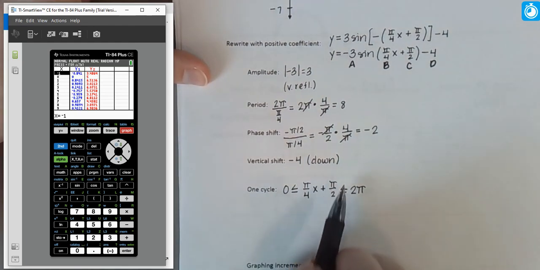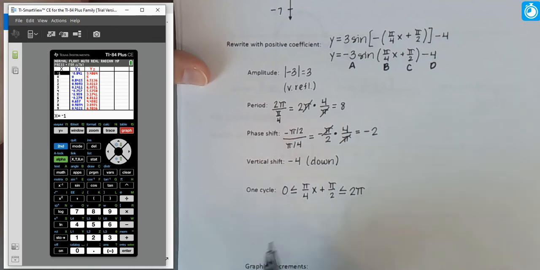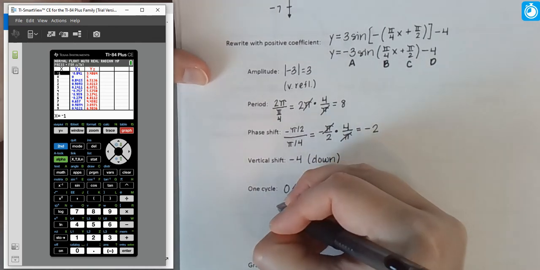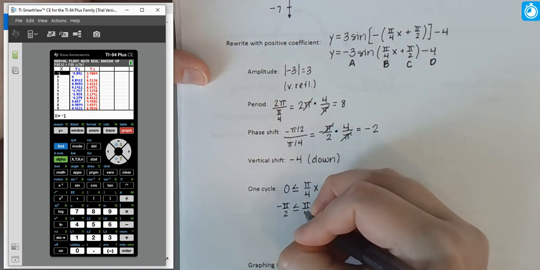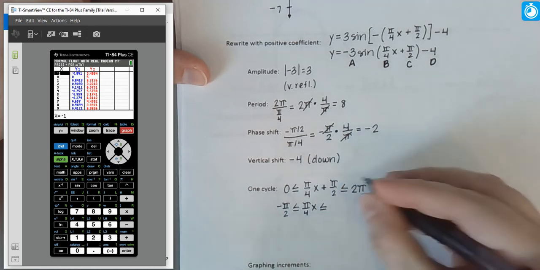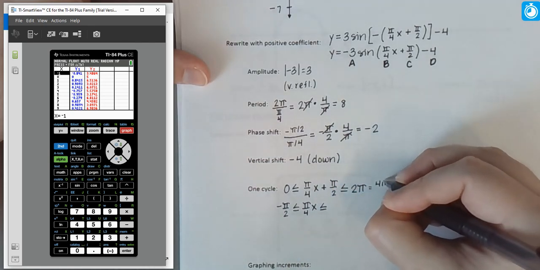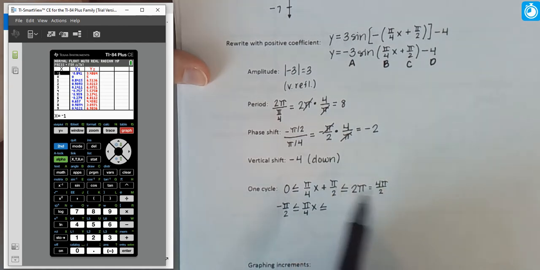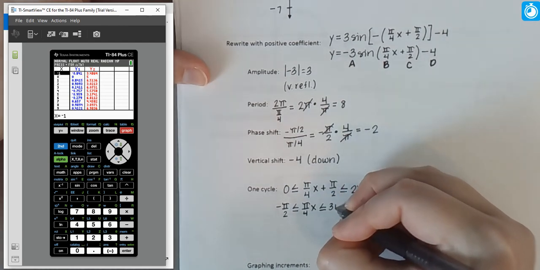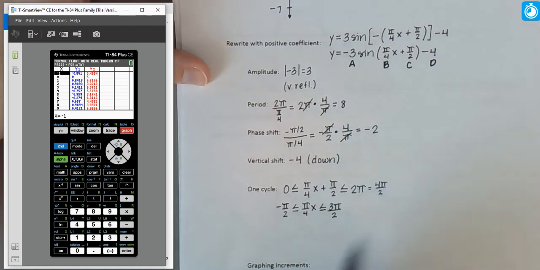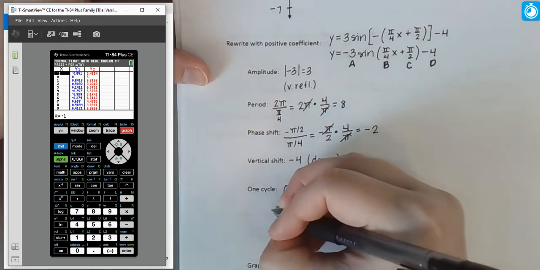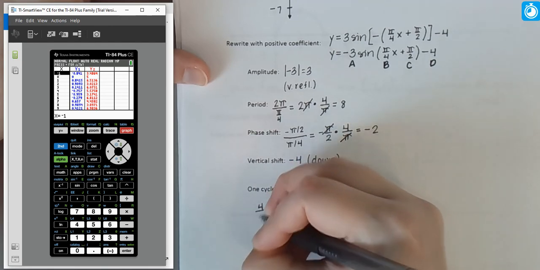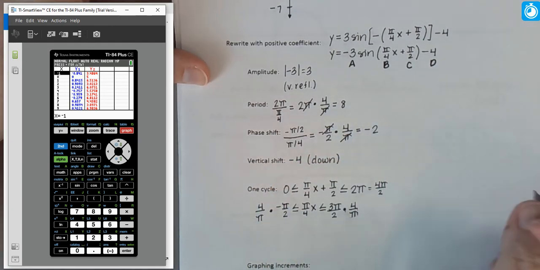So what is the impact on x in this case, because we're adding and multiplying? We need to subtract the pi over 2, so negative pi over 2 is less than or equal to pi over 4x. And then 2 pi we could write as 4 pi over 2. And so if we subtract pi over 2, that's going to give us 3 pi over 2. Well, now we're dividing by pi over 4. Alternatively, we can think of it as multiplication by 4 over pi, which is going to allow us to show our work a little bit more easily,